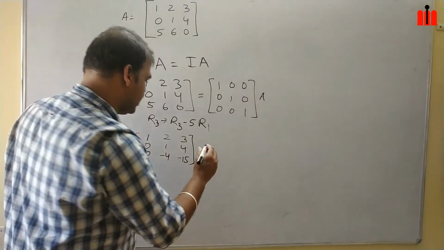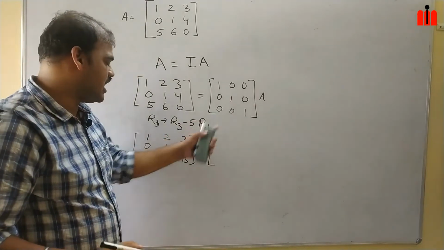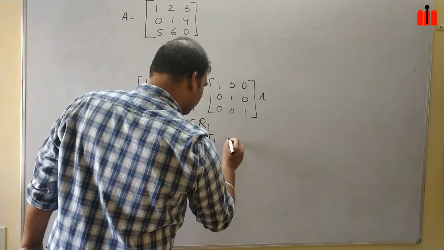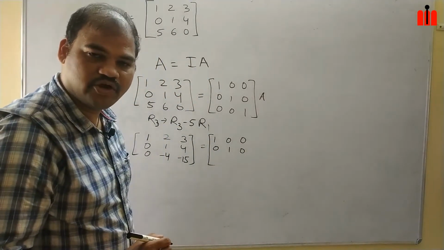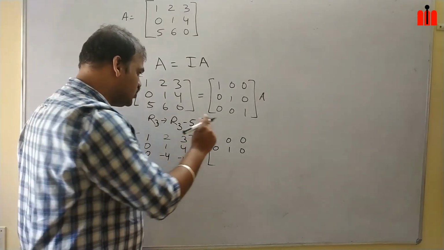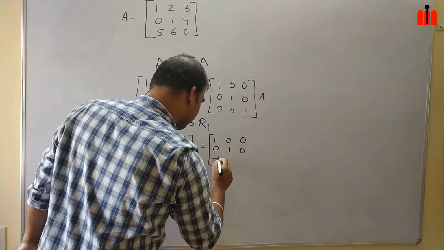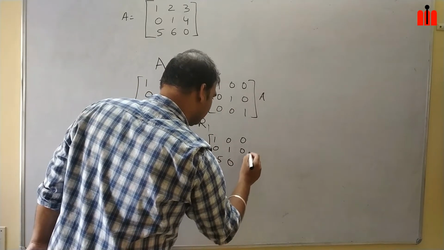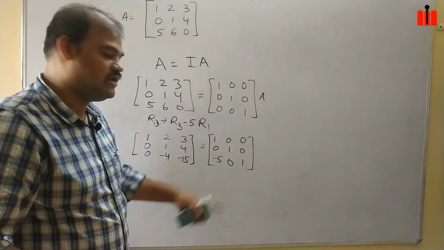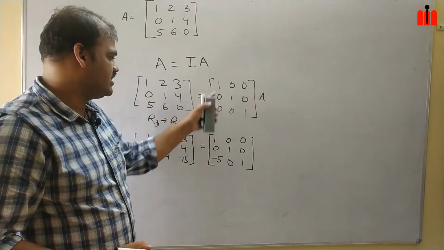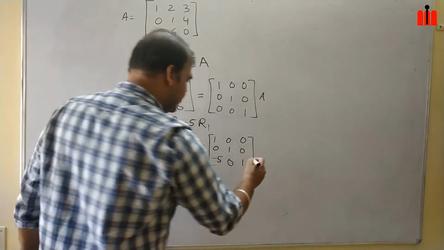Okay, equal to, now we have to do the same operation on this I matrix, so it will become 1, 0, 0, 0, 1, 0. We are not performing any operations on row 1 and row 2. So now my row 3 will become row 3 minus 5 into R1, so it will become minus 5, 0 and 1. 5 into R1 we will do, then it will become 0 minus 5, 0 minus 0, 1 minus 0. So it is 1, and here it will be A.